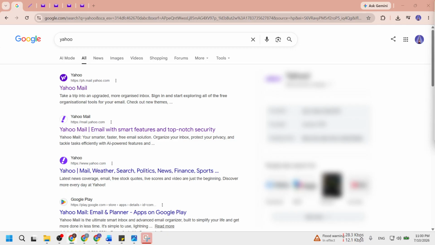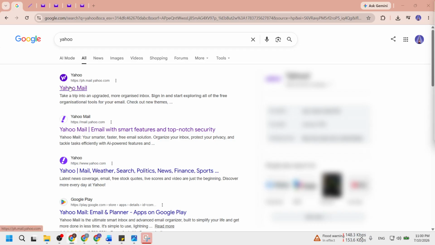Begin by opening your preferred web browser. Once it is open, type in Yahoo in the search bar and hit enter. You will see a list of search results related to Yahoo. This step is critical because it sets the stage for accessing your Yahoo Mail. You want to ensure that you are using a reliable browser to avoid any issues while navigating the site. Be patient as the page loads. It should only take a few moments.